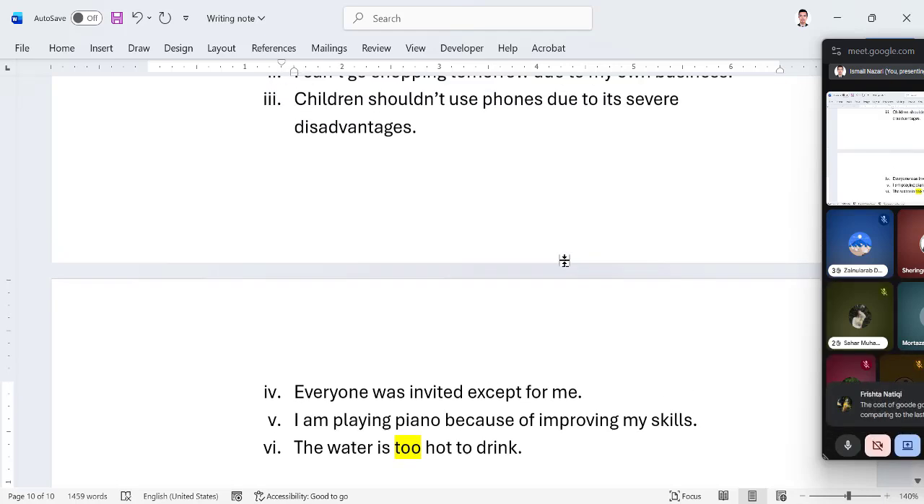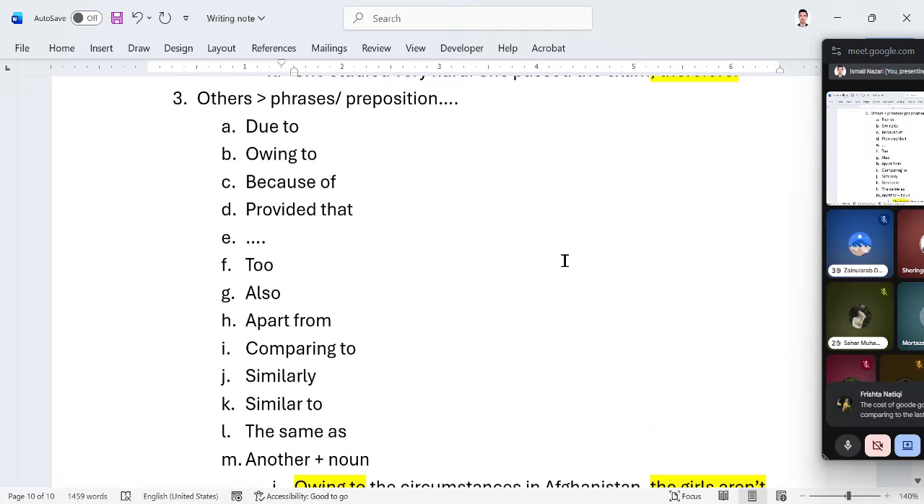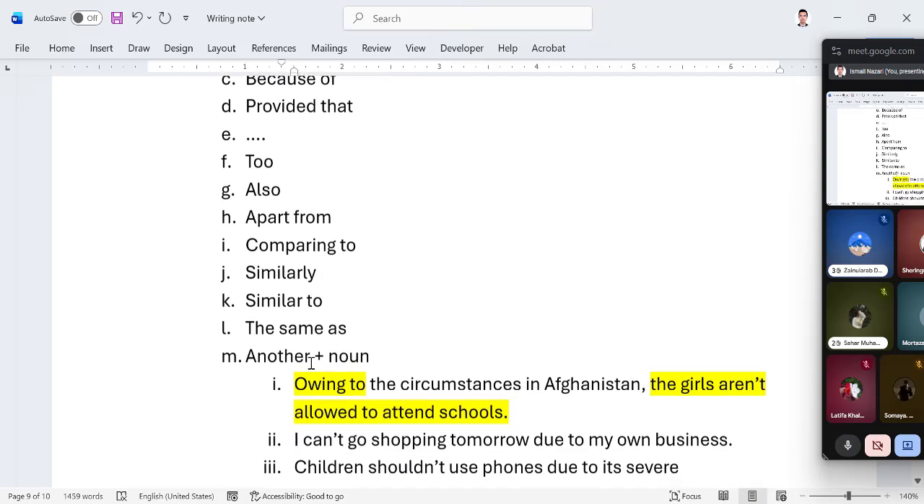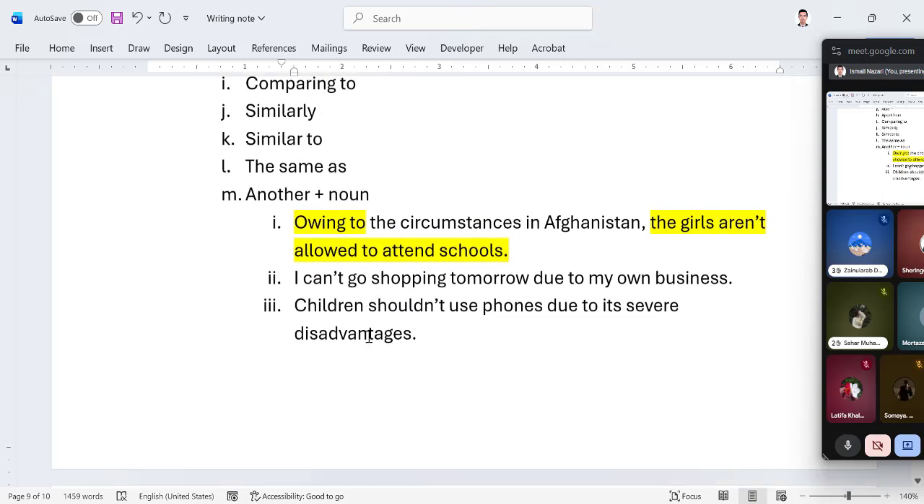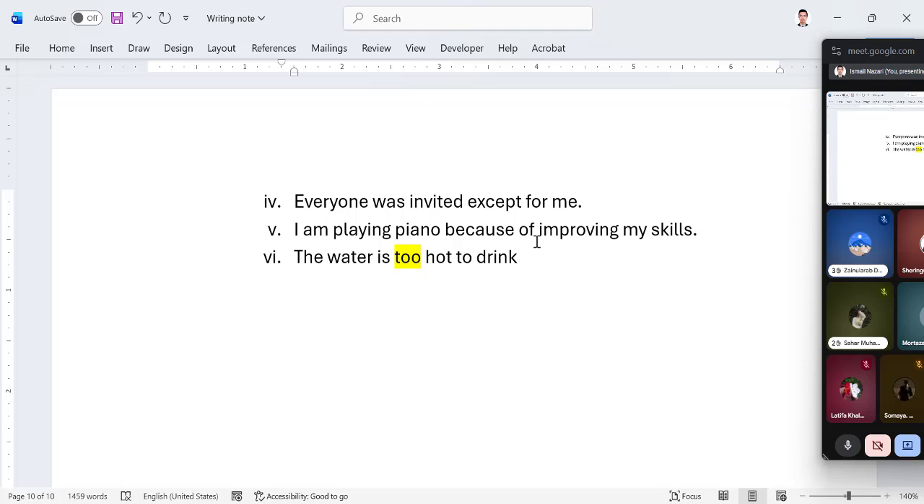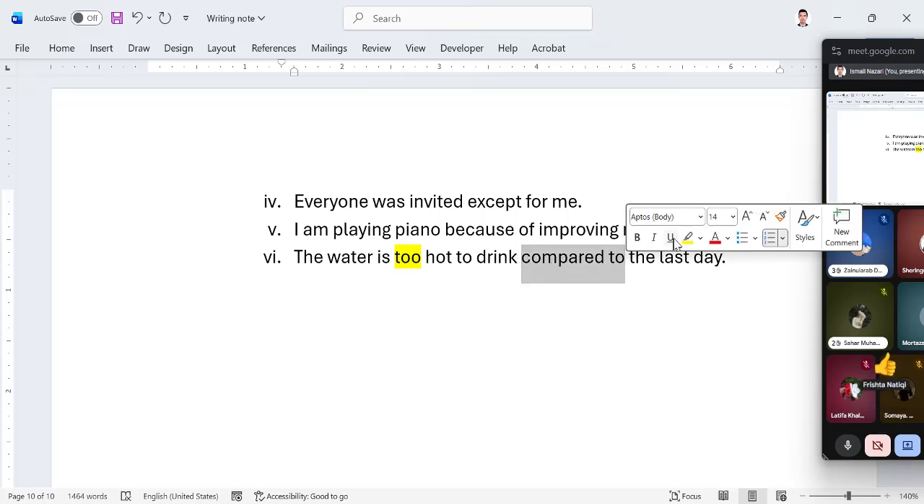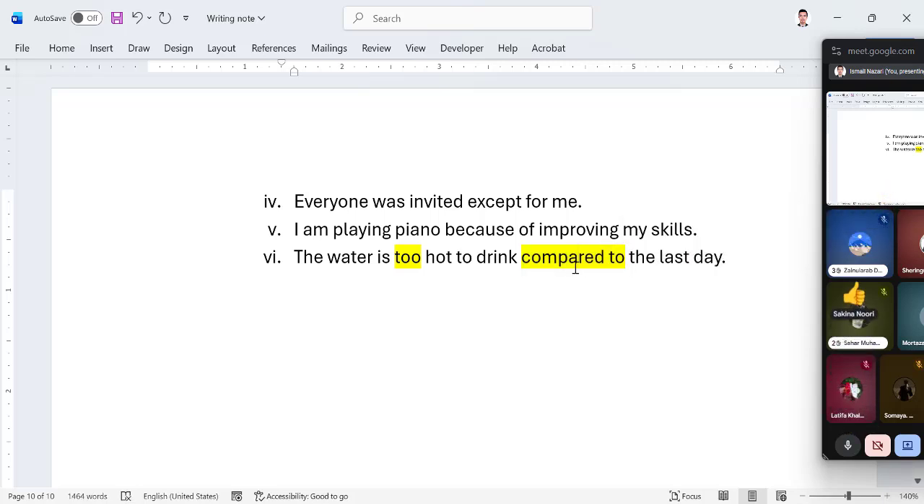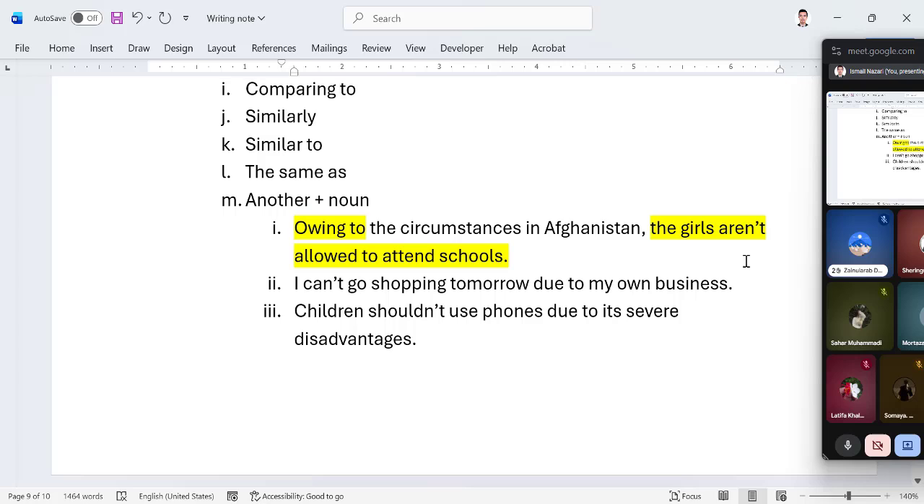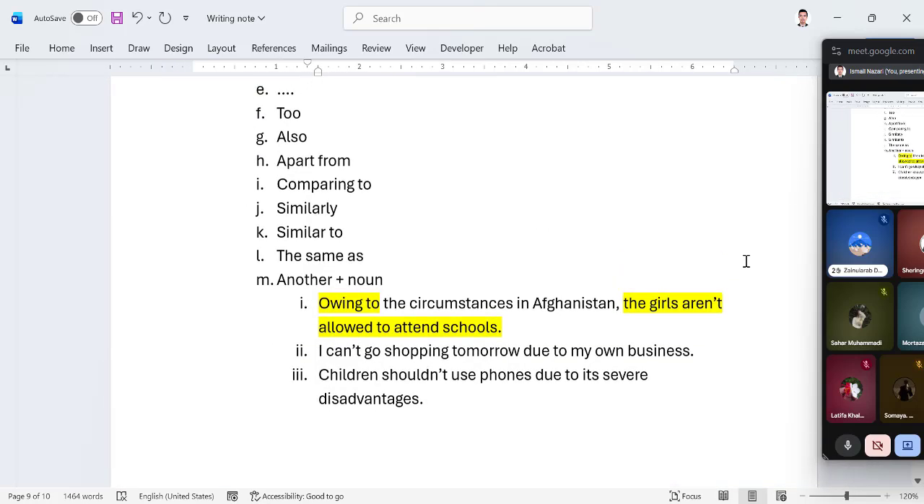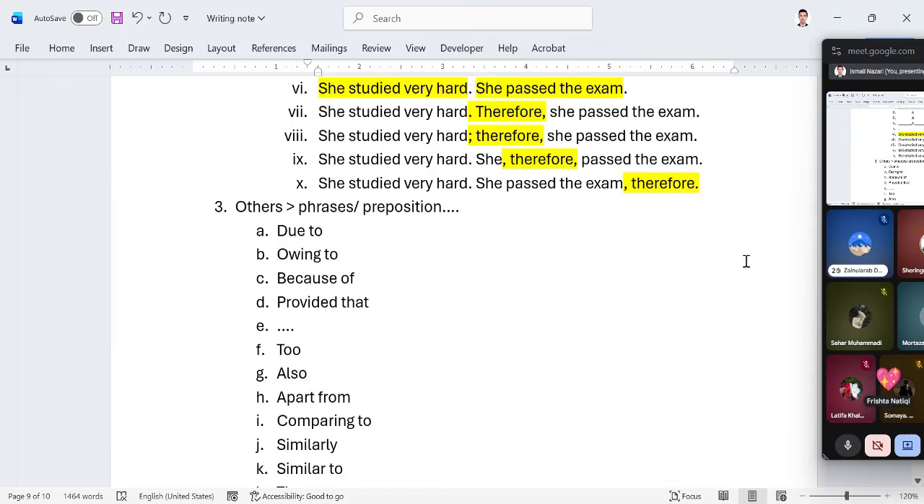So we can add another thing. The water is too hot to drink, and then we can use another word here. For example, we may use "compared to the last day." So here, compared to is used as an adverb, as a contrast word here, which shows similarity between them. Okay, so this is what we have as conjunctive adverbs. They're commonly used everywhere. Miss Zainul Arab,